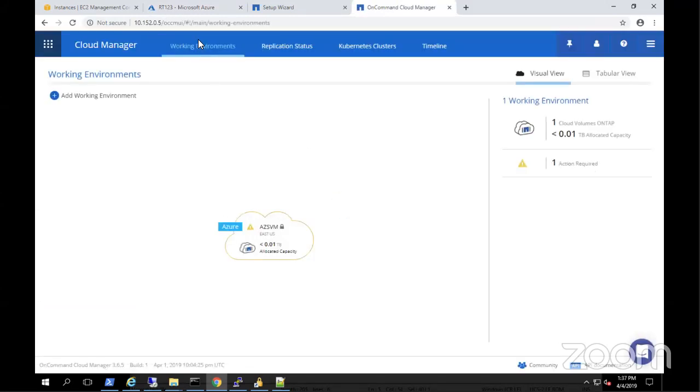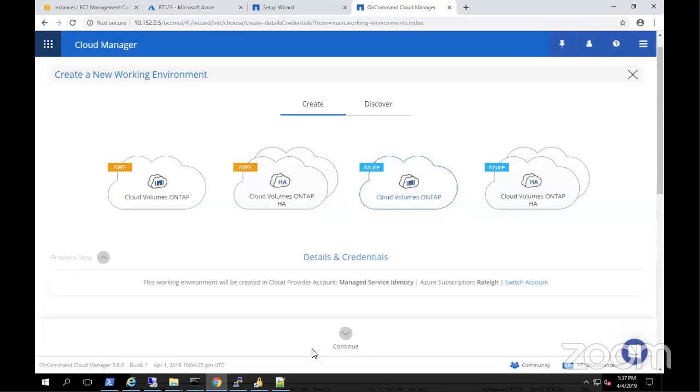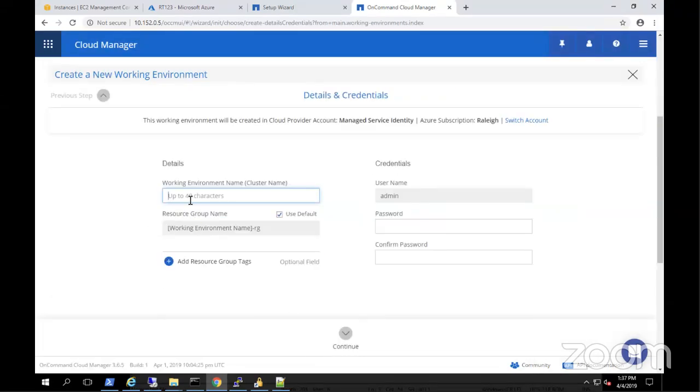So now what I will do is simulate how you create a cloud instance, a Cloud Volumes ONTAP. You can click on add working environment, and this is the place where you can define, hey, now that I have connection to my manager system, how do I provision a storage array? Well, you can click, hey, I want to provision a storage array. Where? I want to provision it here in Azure, for example. So you can type, hey, I'm going to provision a system right here. I'm going to call it, I don't know,